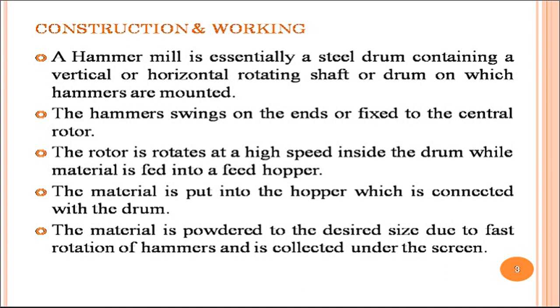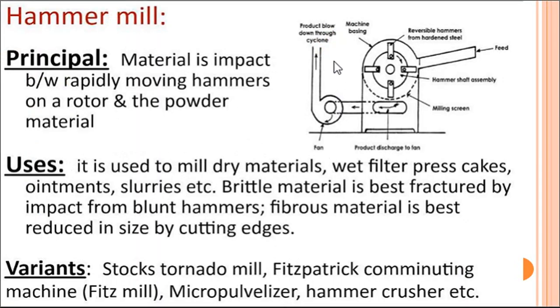As I explained earlier, the main construction of the mill is in the figure which is shown, containing a radial shaft with different projections of these hammers. The material is fed from this side. Various screen sizes are set up at the bottom part of this radial axial projection to screen out the various sizes and grades of powder desired for our purpose, and the material is generally blown out with the help of a vacuum or other means to collect the powder of the desired size.